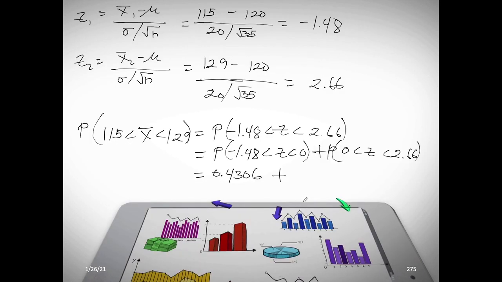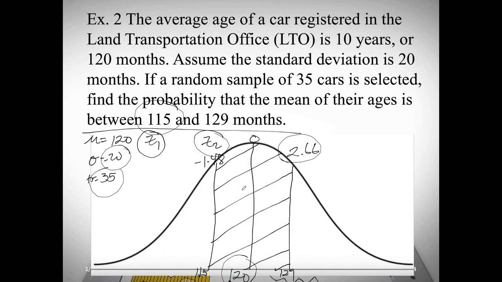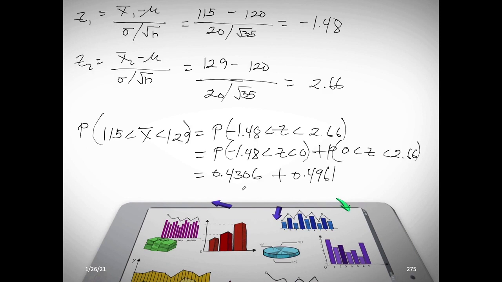Okay, so plus 0.4961. So no problem, we don't need to get the difference of this number from 0.5 kasi nga ang pinanggalingan naman nila is parehong 0, and ang kinukuha naman natin is yung difference nila. Yung area nila, between 115 to 129, wherein yung 120 or equivalent din sa 0 is nasa gitna nila. So, no need to minus sa 0.5. I-add na lang natin. So, let's add these two numbers. This will be equals to 0.9267